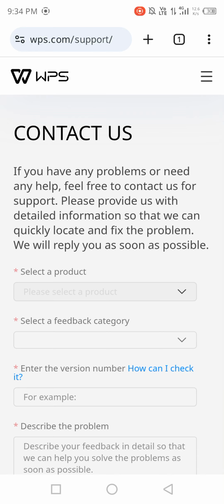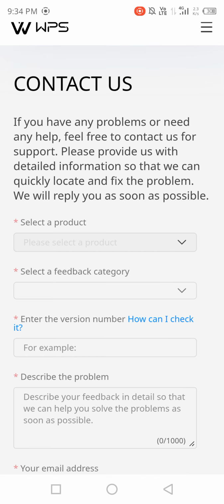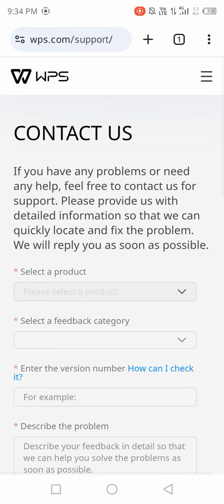Everyone, Shraddha here. Whoever is facing issues related to WPS refund, I'm just sharing all the steps that you can follow. Make sure that if you are raising a complaint to get your refund through this link, you need to check that you are logged in or signed in from the right WPS